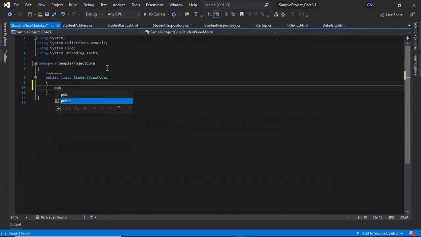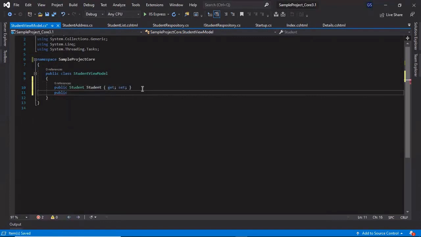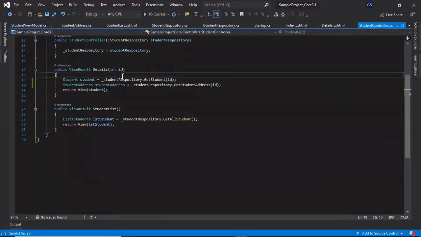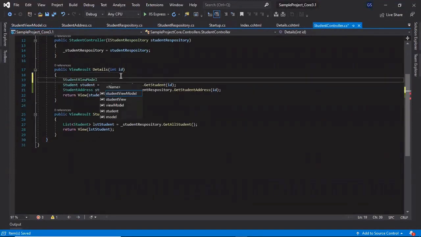Let's add two properties here. First, to store the student information, which is the student object, and another one, student address, which contains the student address information. After adding this model, let's go to our controller and create the object of the student view model.